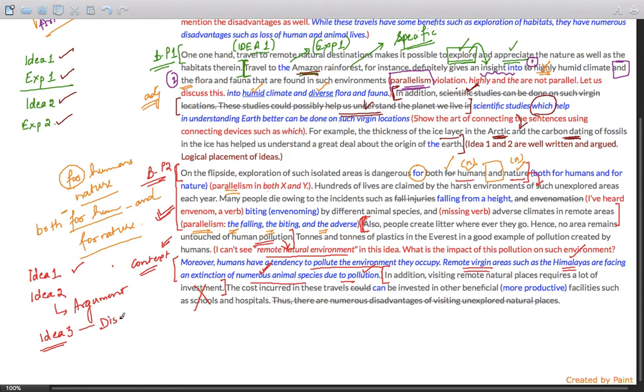So what is the disadvantage? What is the disadvantage for investing of going to remote places? This more seems like an opportunity cost. Had I not been a teacher, I would have become a doctor. So that is not a disadvantage of being a teacher. That is basically an opportunity cost. I could have become a doctor. I could have become Barack Obama. I could have become president. So this is the opportunity cost, not the disadvantage.